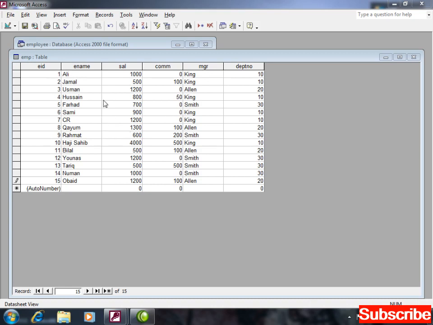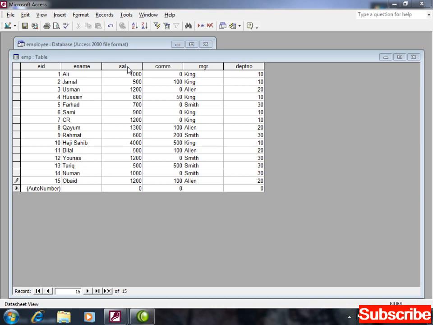Right now this is MS Access, I'm just discussing with you people. Here ename, on the basis of ename also you can sort either in ascending order or descending order. If you apply ascending order, those names starting from A will be at the top, then those starting from B, and the names starting from Z will be at the end, right? Same case with salary as well.